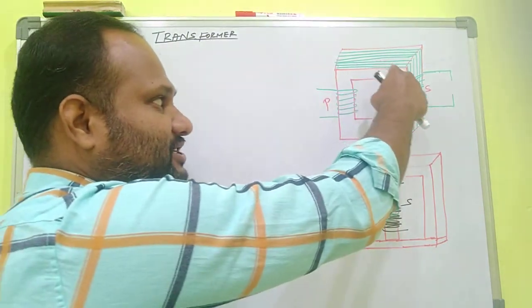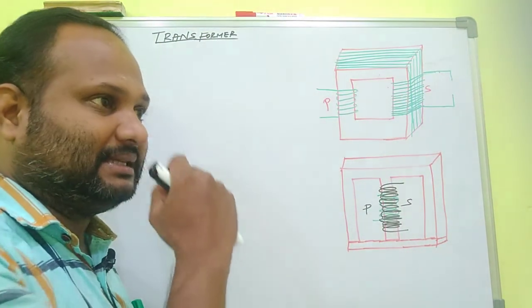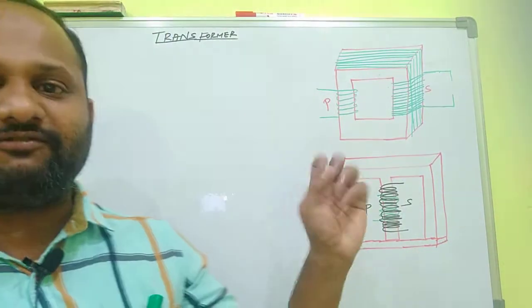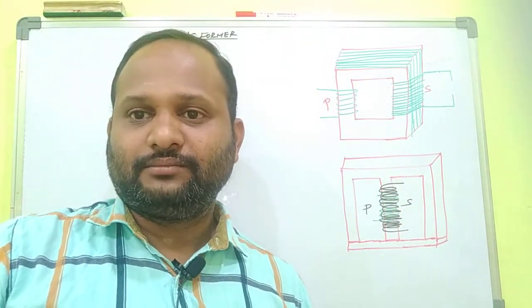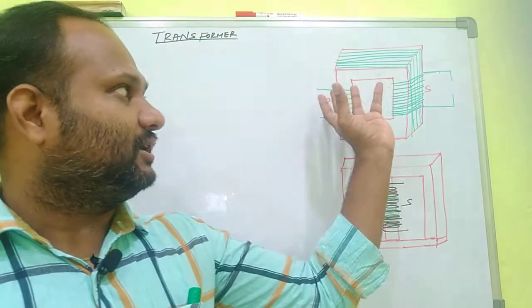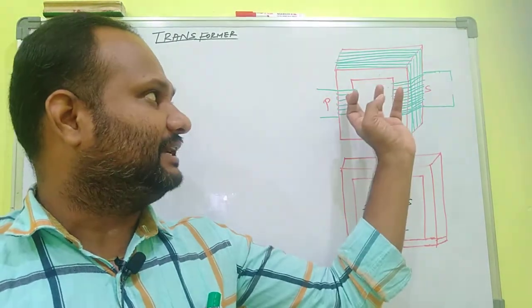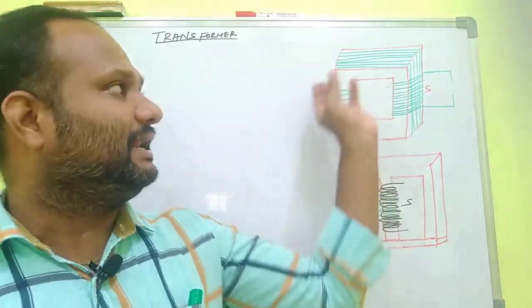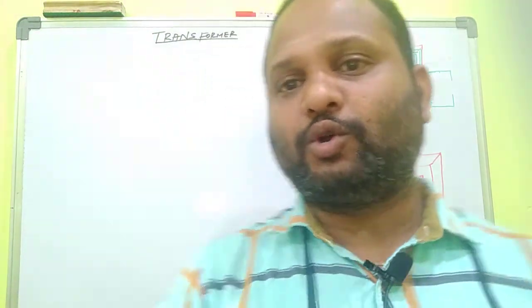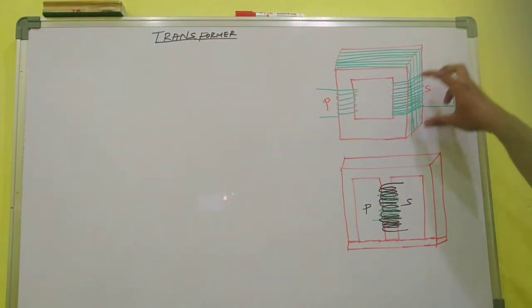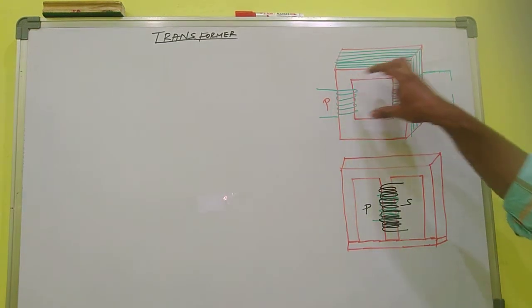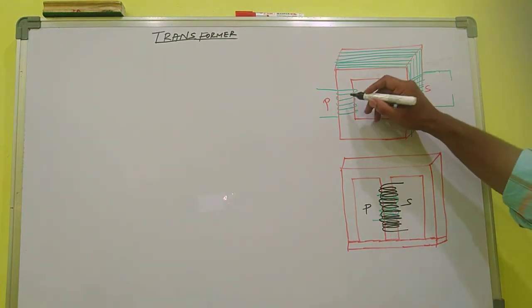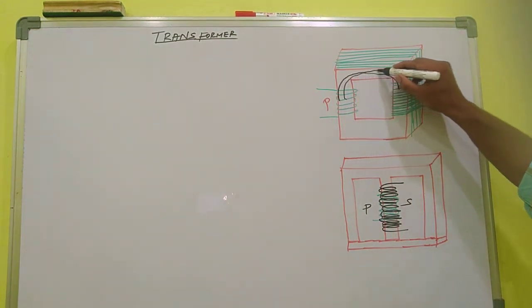In this case, there is no chance of the magnetic flux escaping, because we are making this transformer with the help of ferromagnetic materials. So the magnetic flux can't escape. Whatever magnetic flux is produced across the primary is completely linked with the secondary coil. So the magnetic flux across the secondary and the primary will be the same. The magnetic flux completely links with the secondary coil.